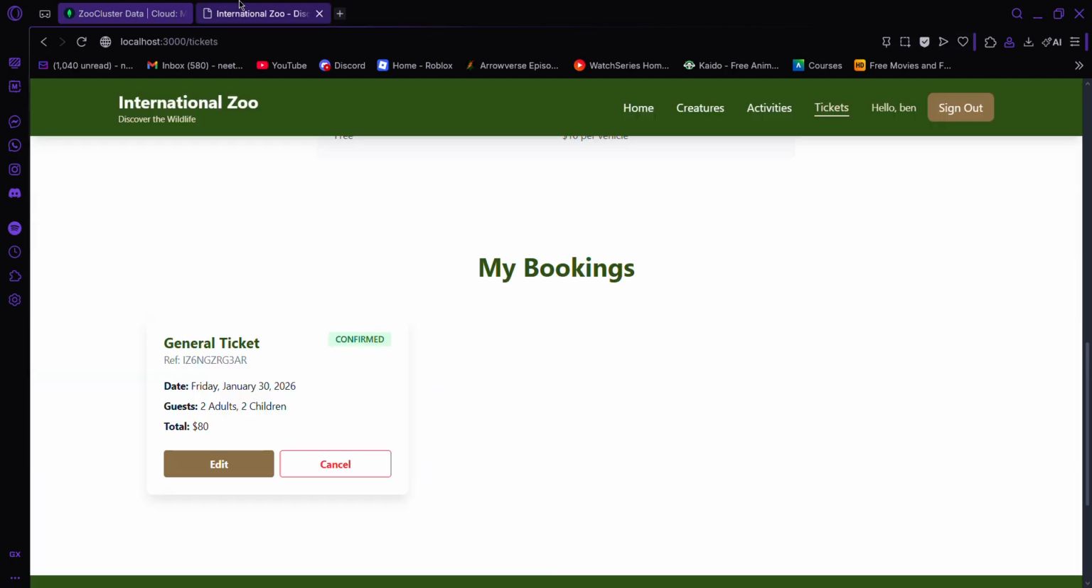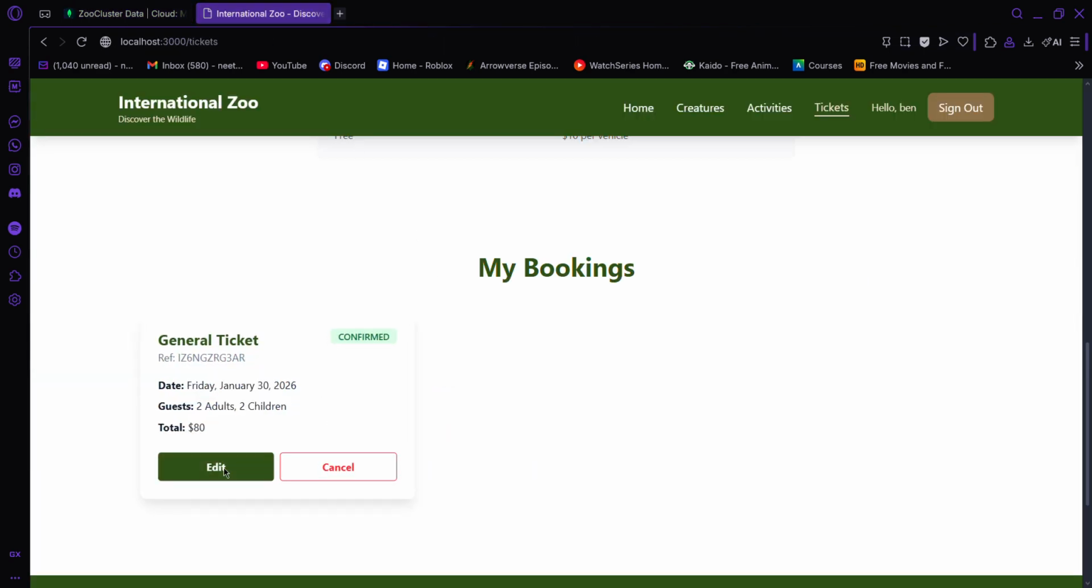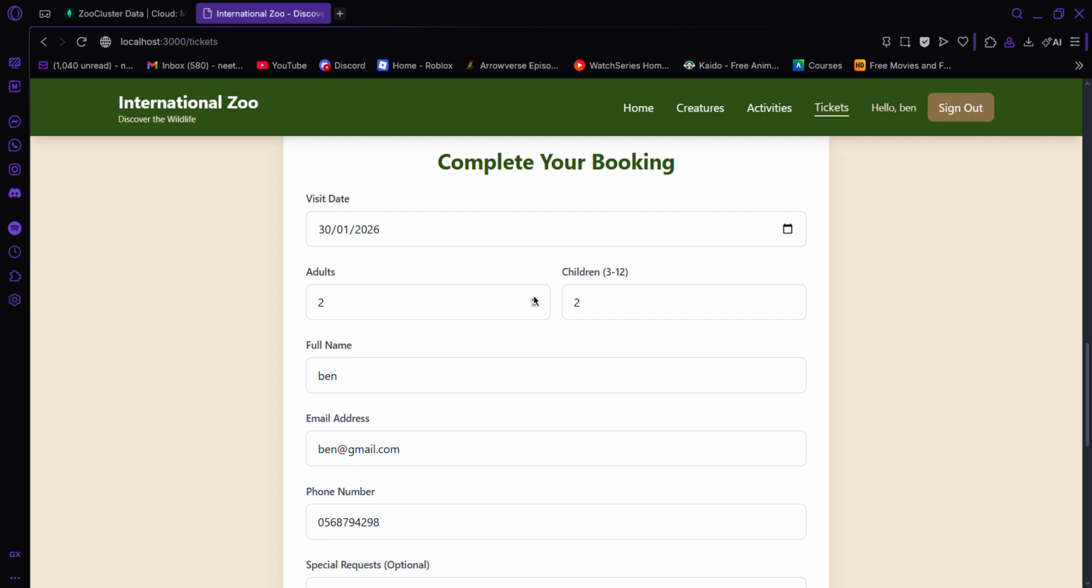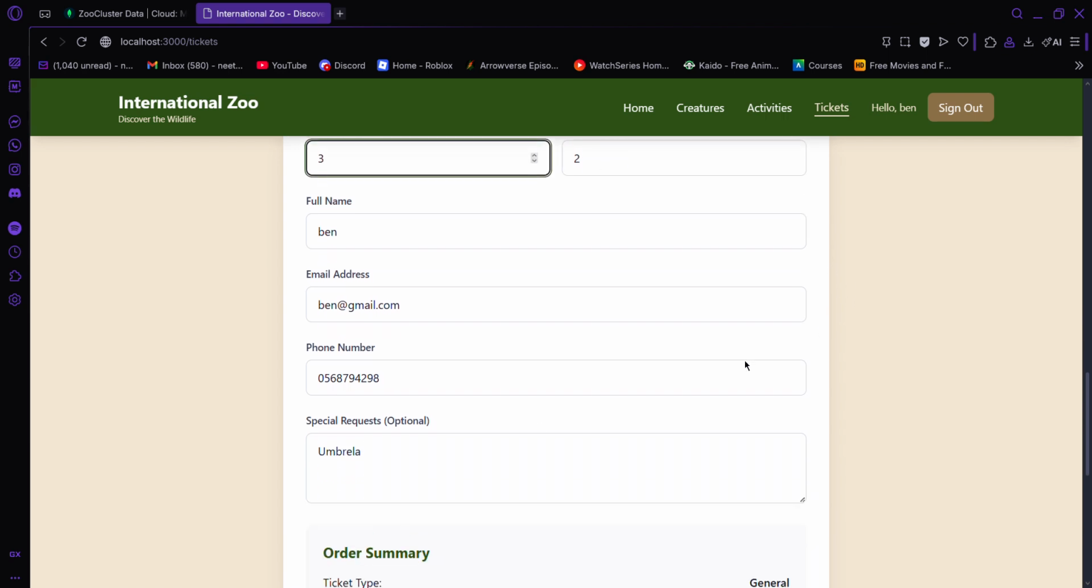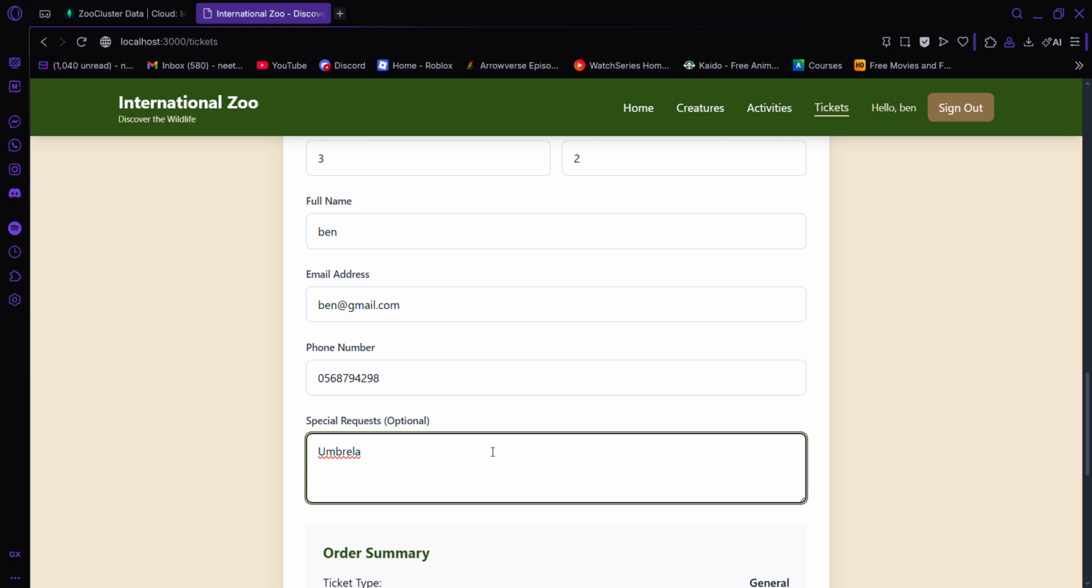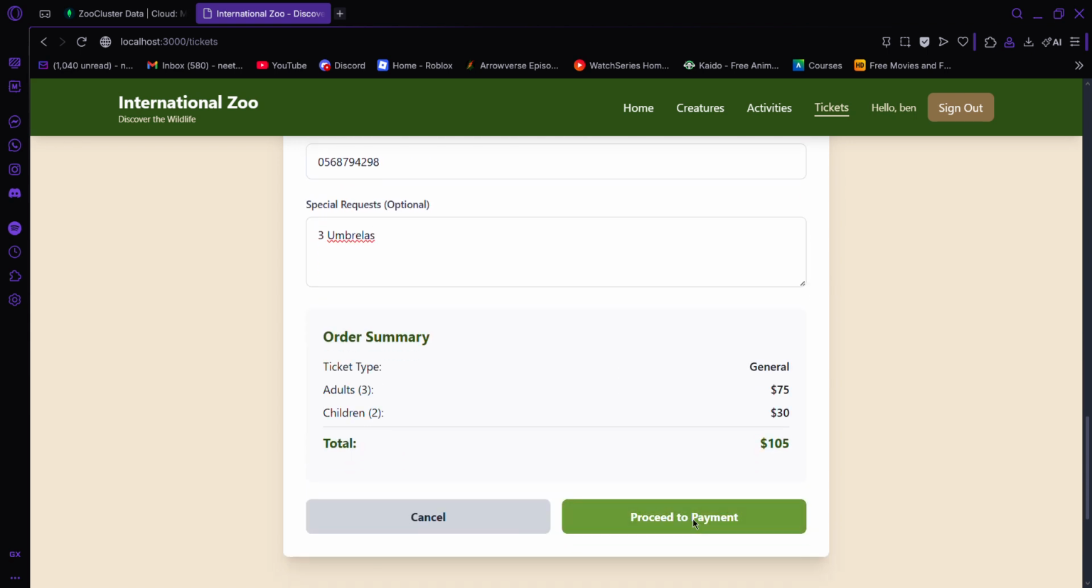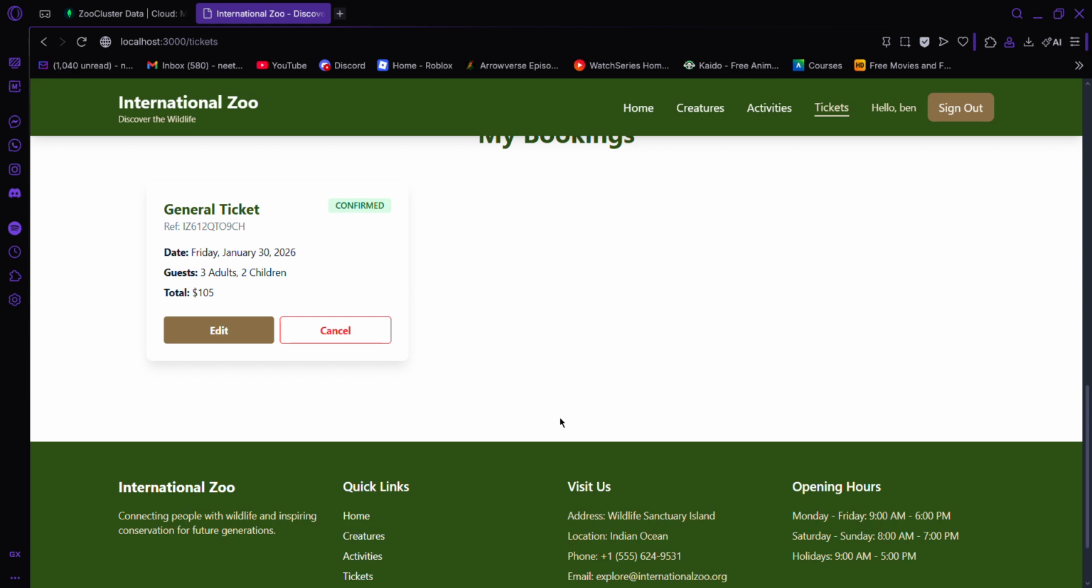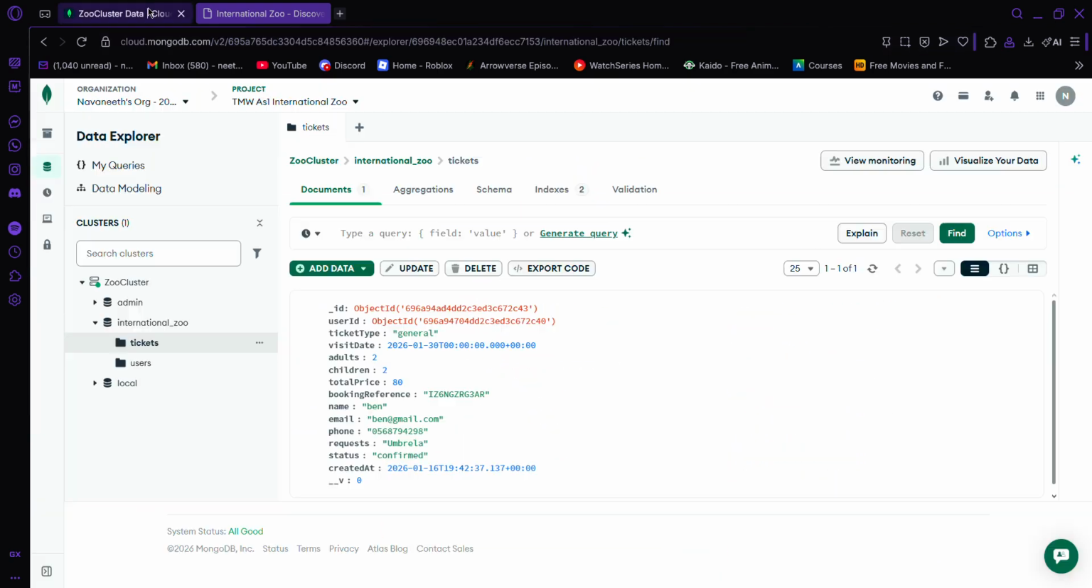It's been confirmed. Now, if we go here, we can edit our ticket, let's say to include an extra adult, and we need 3 umbrellas. And we proceed to our payment. It's been updated now. So now if we look at our backend again, we can see that in our ticket,